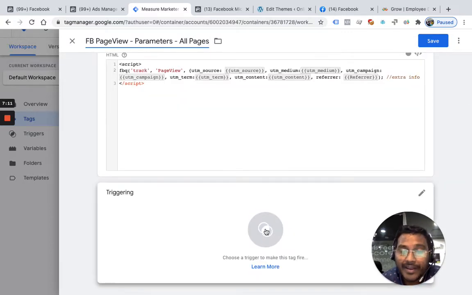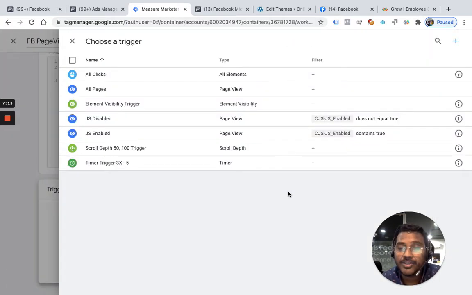I want to fire this only on landing page because internally nobody puts UTM tags. It's a criminal act if you put UTM tags to the internal links, right? UTM tag should only be applied to an inbound link. In fact, that is why it is said every inbound link has to be tagged. So I want to put these tags only on the landing page.